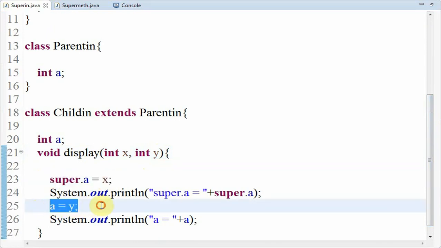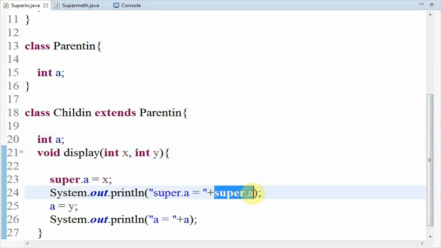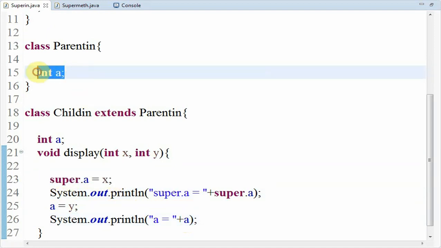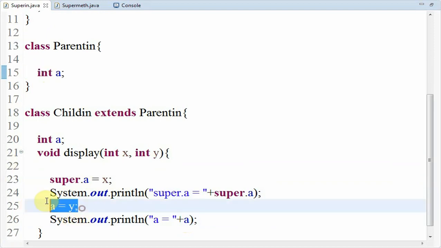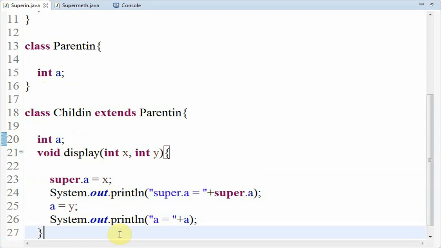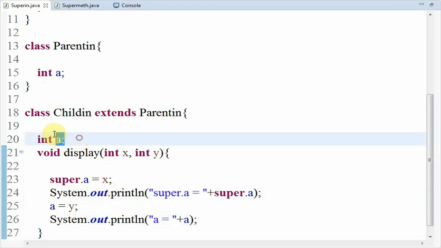So when we try to print super.a, the value 4 will be printed, and when we try to print a, the value 5 will be printed, as super.a refers to the parent class variable, and a refers to the child class variable. So this is the purpose of the super keyword when both the variables in the parent class and child class are the same.